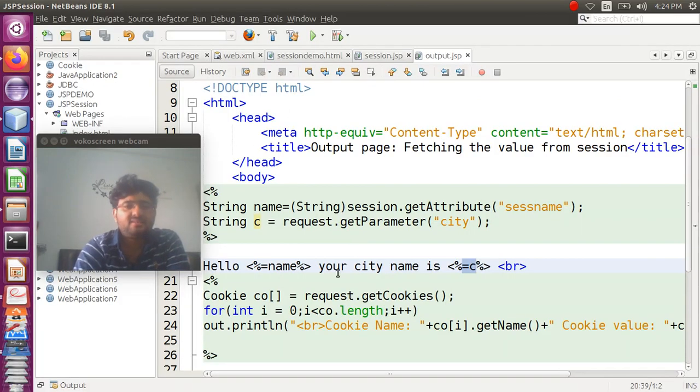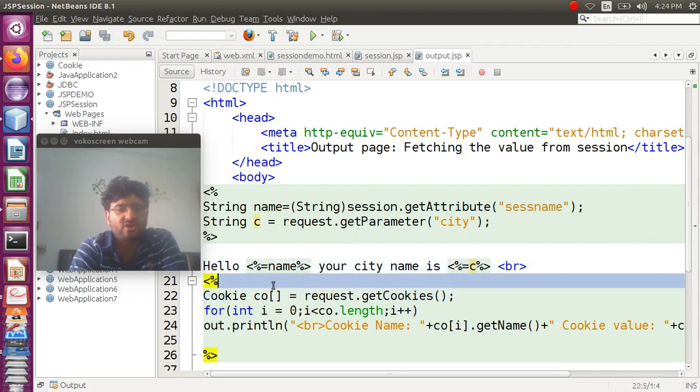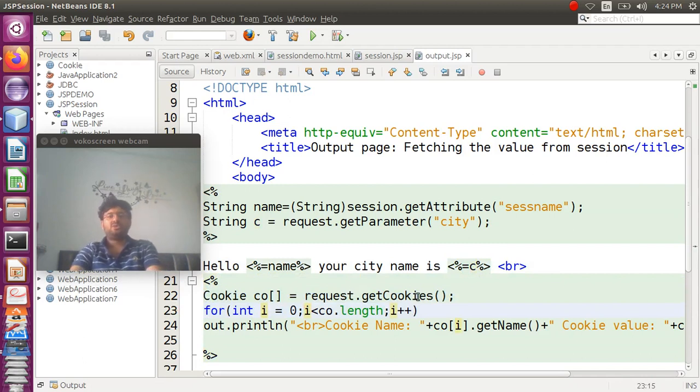Now the next line is nothing but the printing of your cookies. Okay, and this we have seen in the last lecture also. So here I am creating a cookie array named CO. Request.getCookies gives me the array of all the cookies that were stored in my particular client.